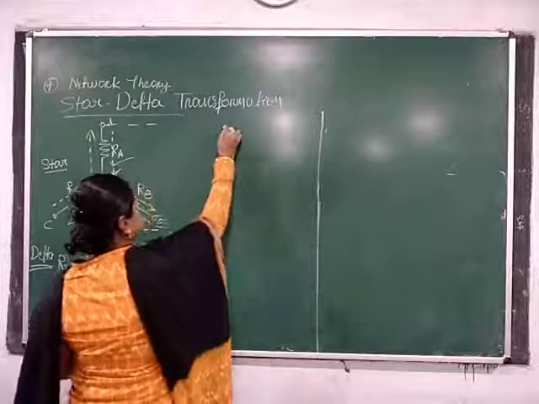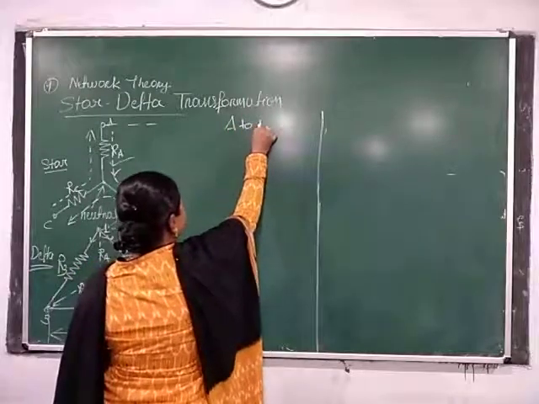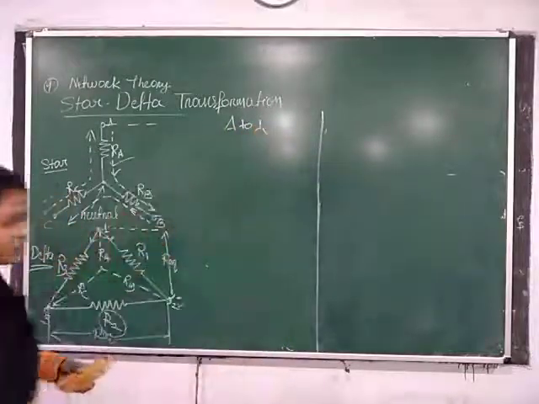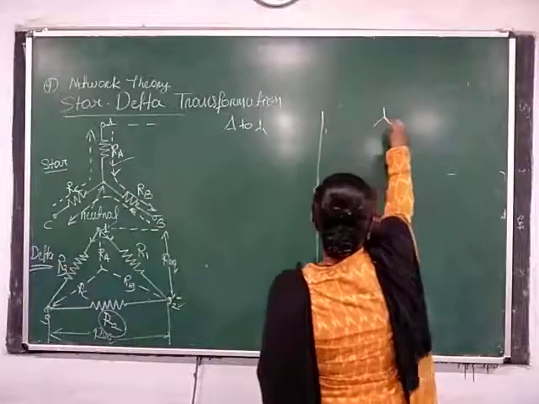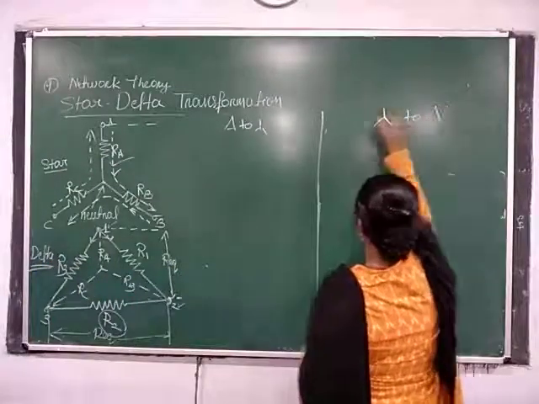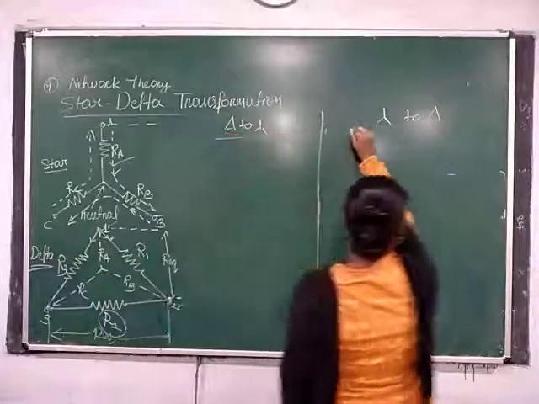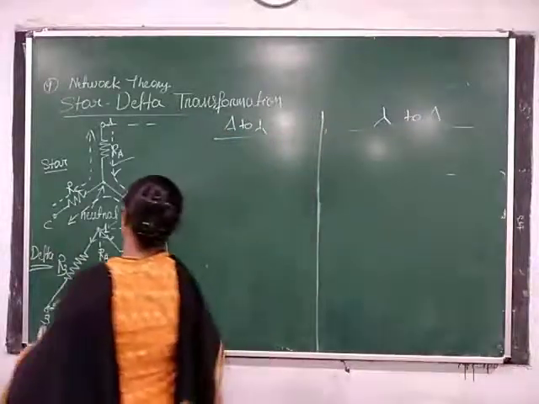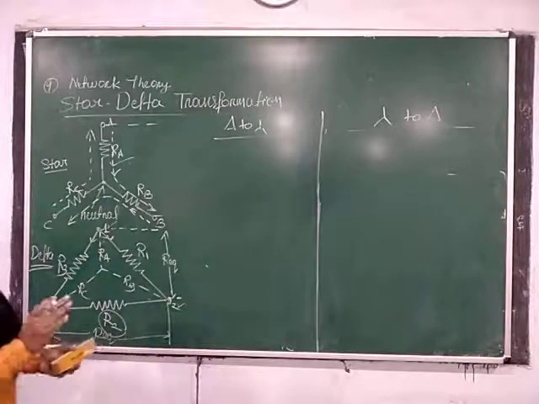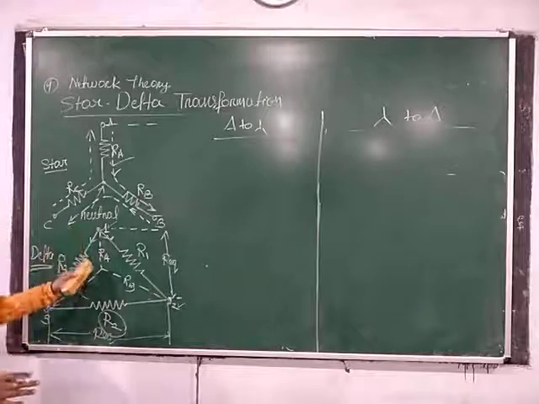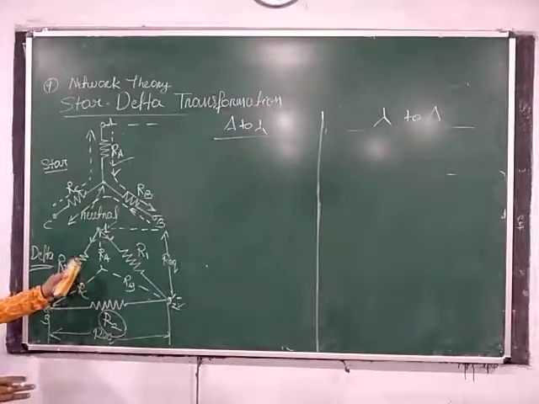Here I write delta to star, and here I write star to delta. If you remember equations 11, 12 and 13, it means how you find the equivalent resistance of star with respect to delta. Then